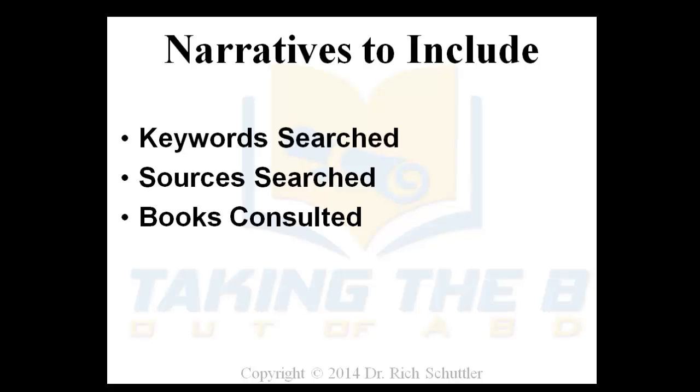You might want to write that you looked for books related to quality management improvement, Six Sigma, Lean Six Sigma, whatever types of books you're looking for, go ahead and put that here. Also indicate, were you looking at popular books? Were those books written by secondary authors, or are they books written by the subject matter experts, the journal authors? Ideally, you don't want to use many popular books.